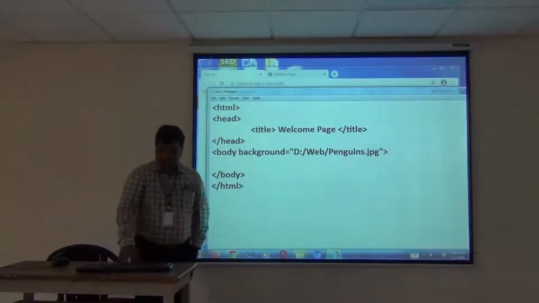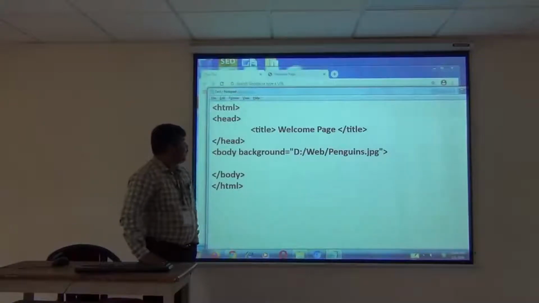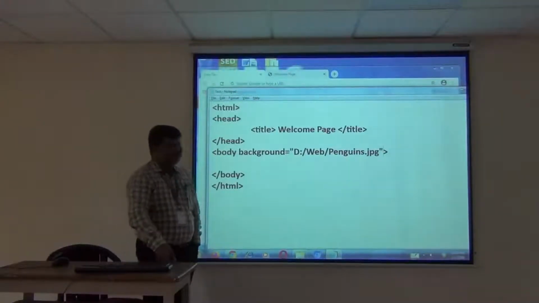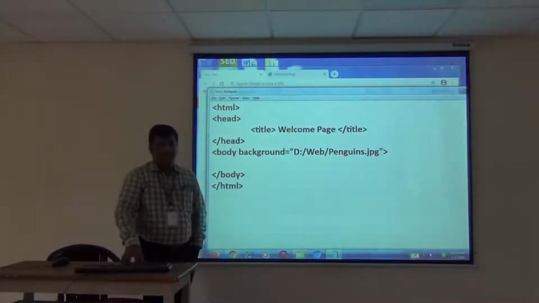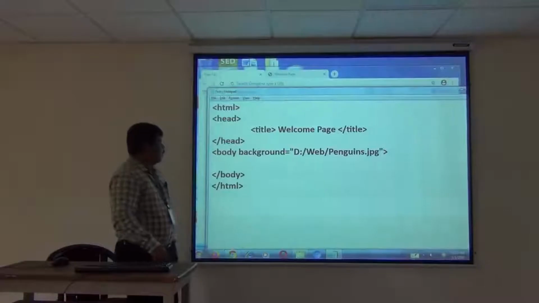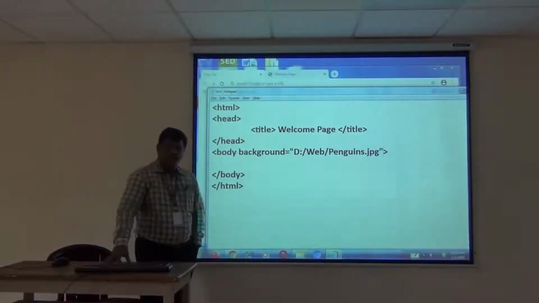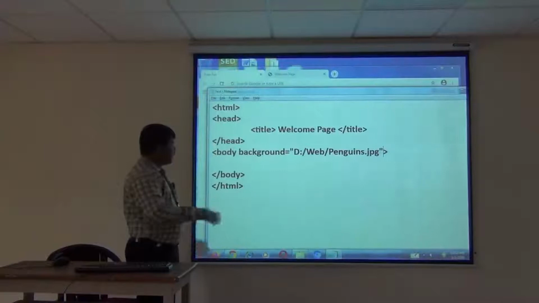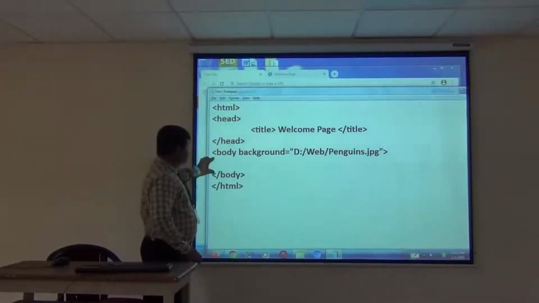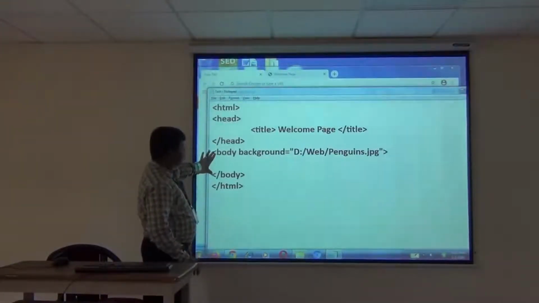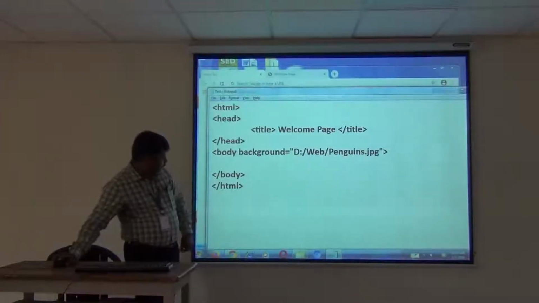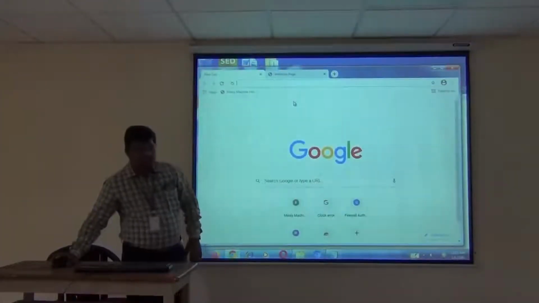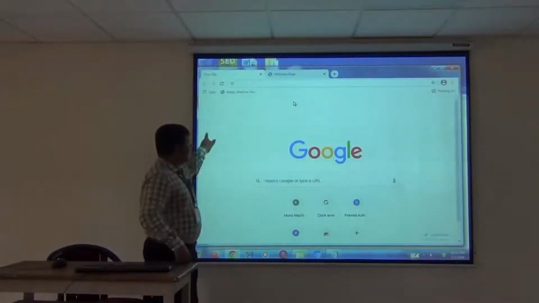Normally HTML consists of different tags, starting with HTML and ending with /HTML, with a head section and a body section. We create the contents and design everything inside the body tag. In between body and /body we create the content of our web page, and once we have created the content, it will be displayed in the browser.